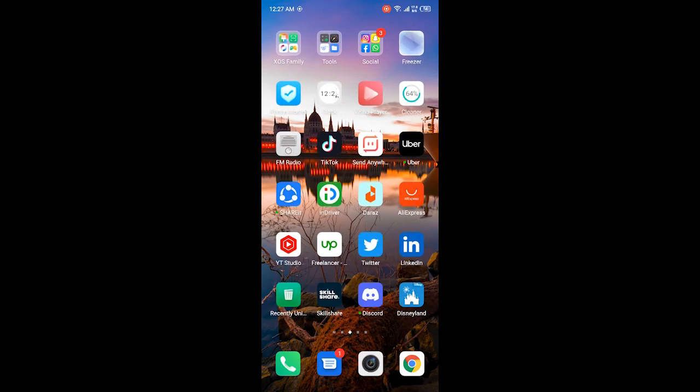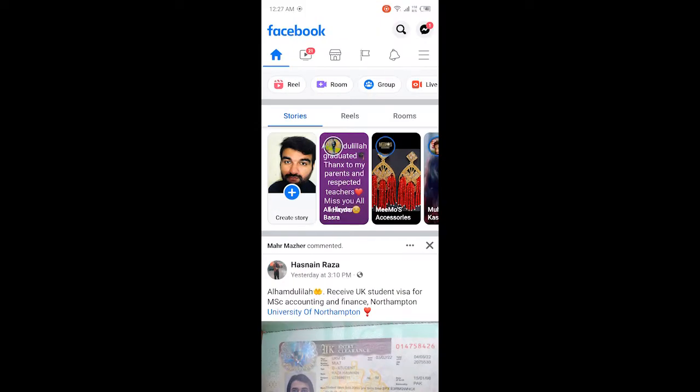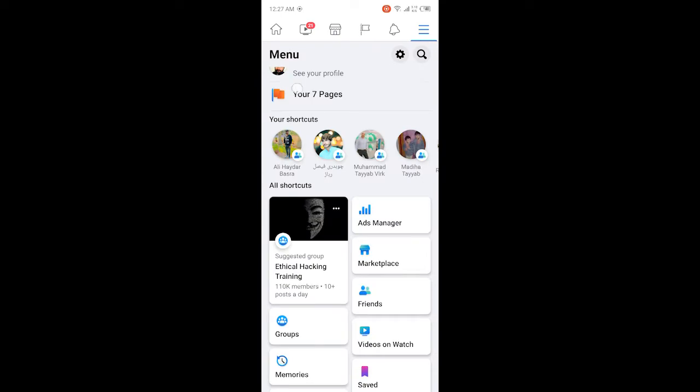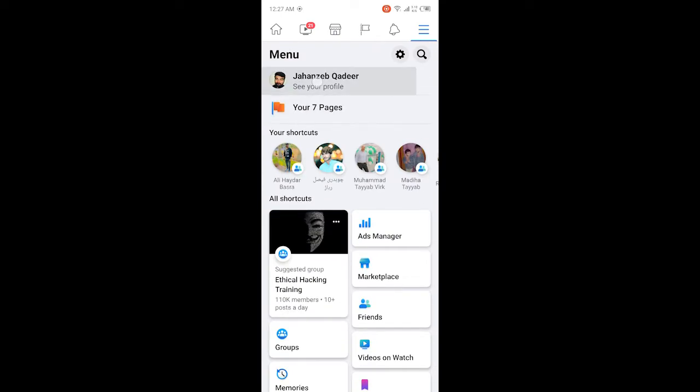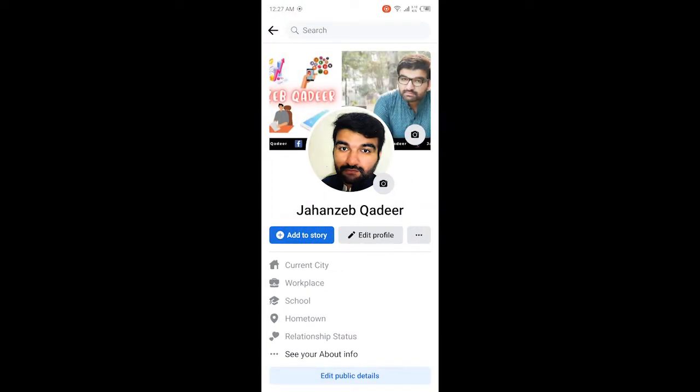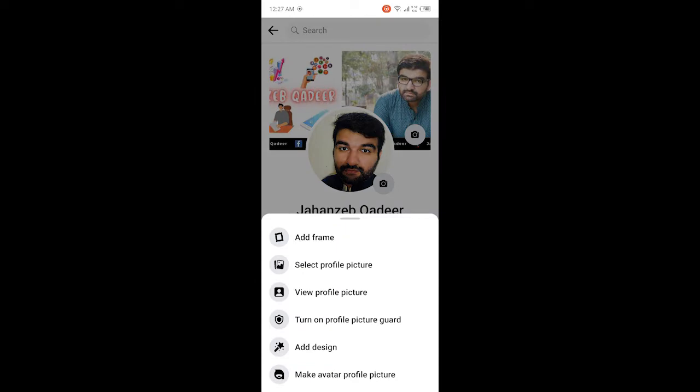First, you need to open Facebook application. Once you open Facebook, then you need to click on three bars at the top right corner, and then you need to click on see your profile, and then you need to click on your profile picture, and then you need to click on make avatar profile picture,